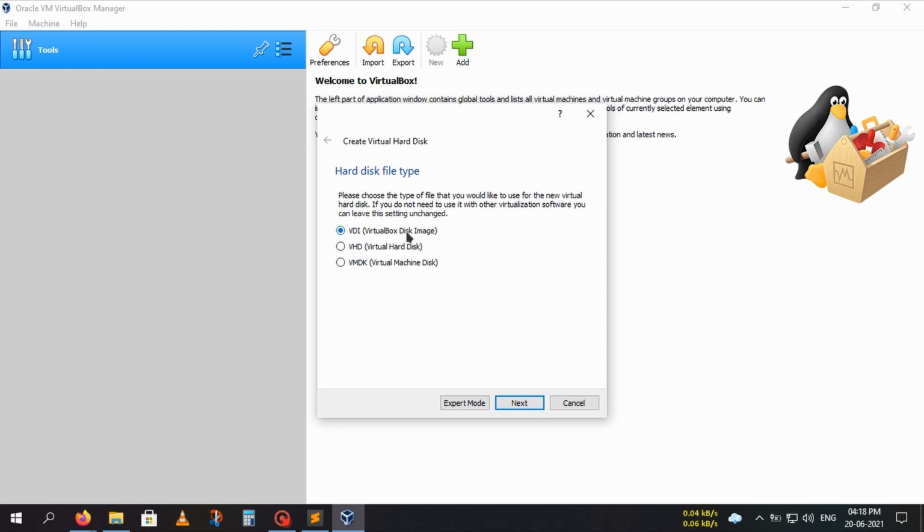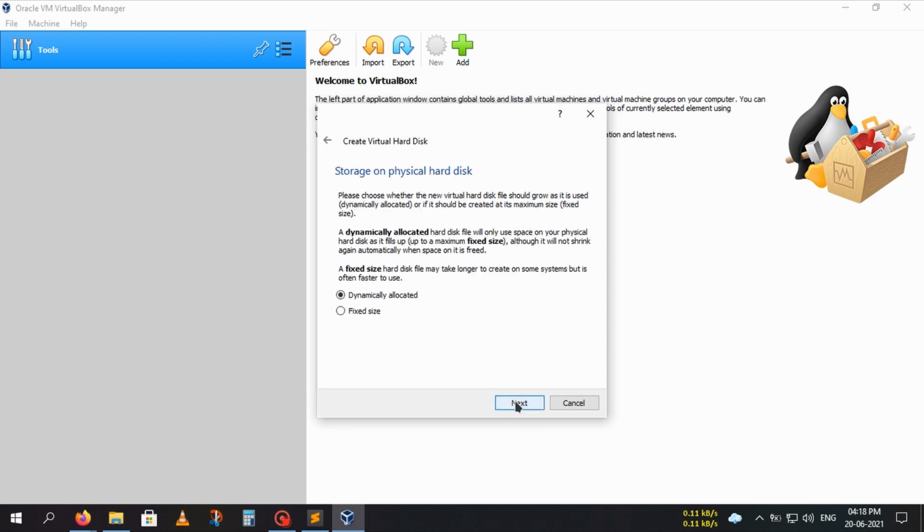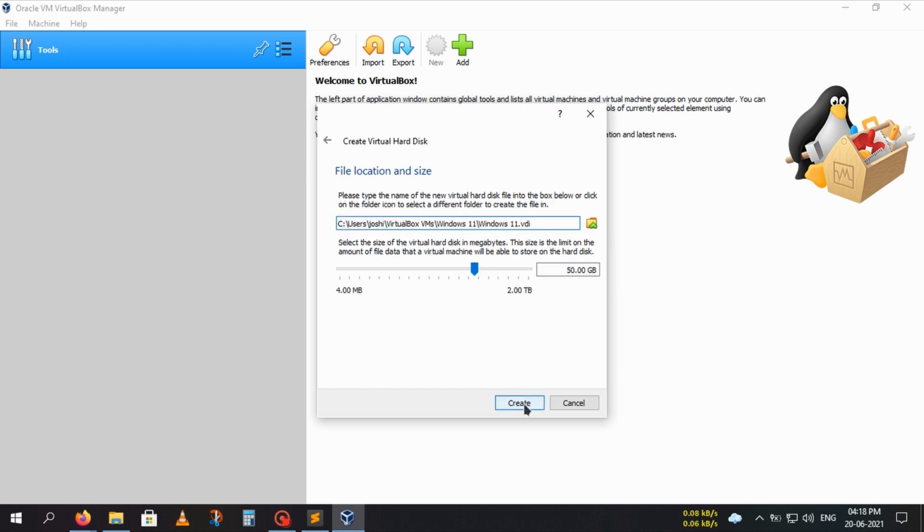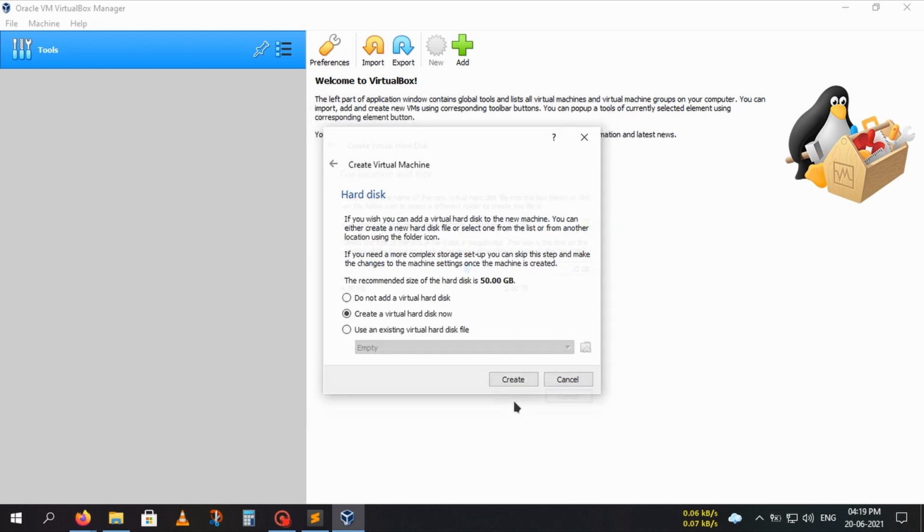VDI, we are going to use VirtualBox disk image. Dynamic allocation we are going to use. Now here it asks us how much hard drive size you need to add. We are going to provide 32 GB. Click on create.